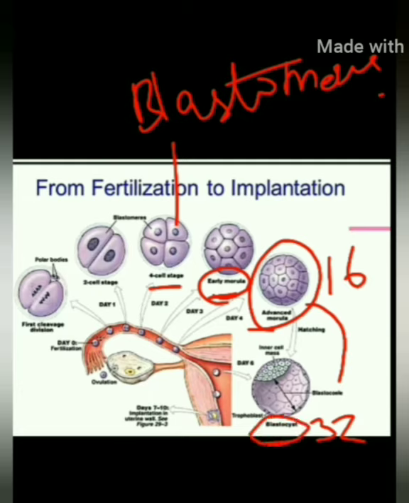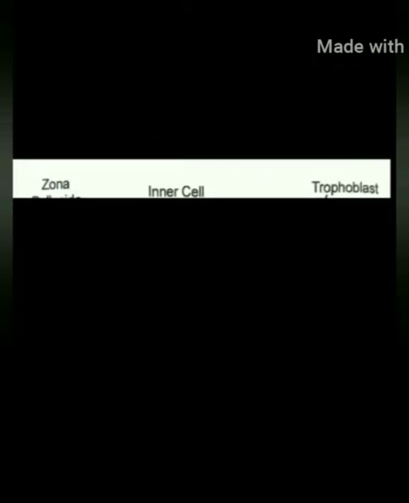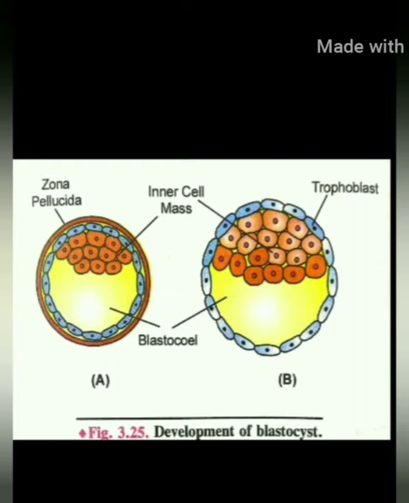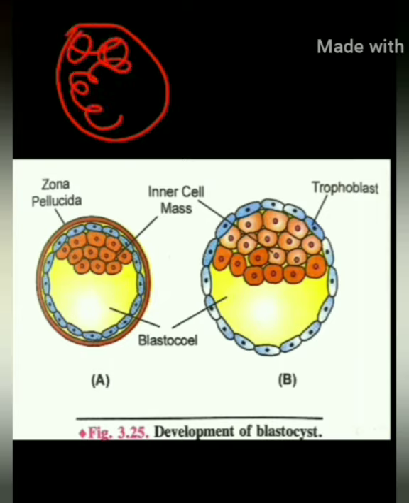You can see here, it is making the blastocyst. They are traveling simultaneously, and when they come to the structure of the blastocyst, they have reached the uterus. Okay, so what comes next? This is the structure of the blastocyst. After the 32 cells, all these cells, called blastomeres, start arranging themselves, so they arrange like this.